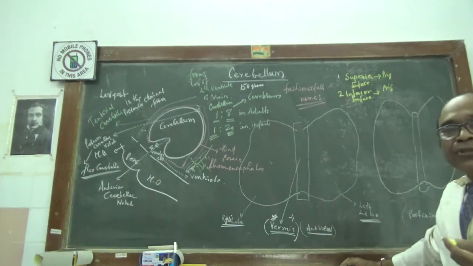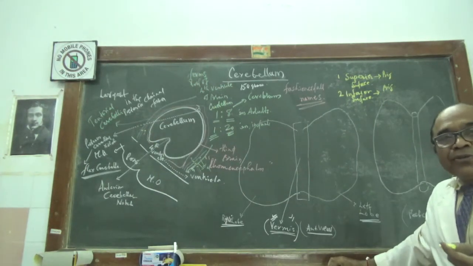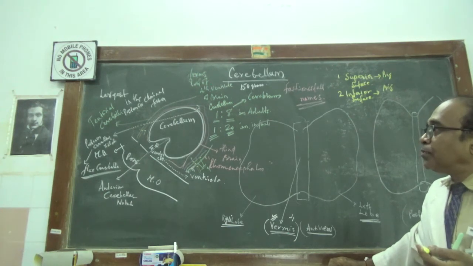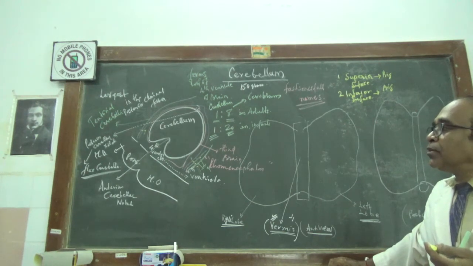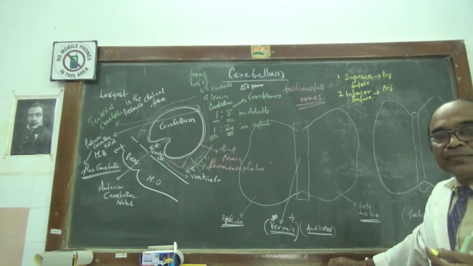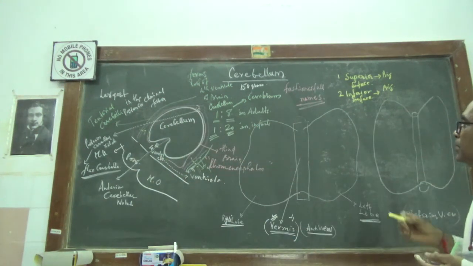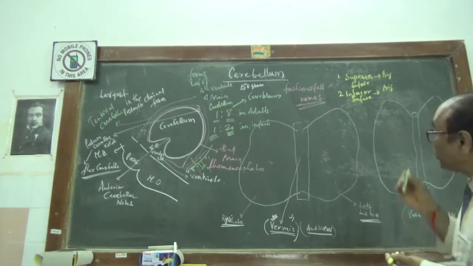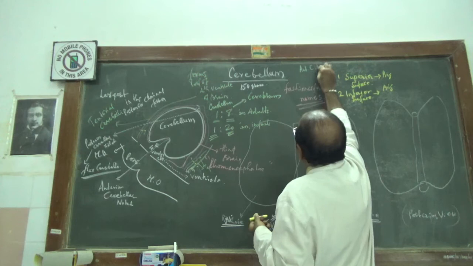Apart from that, you will get the superior medullary velum at this point, which will be in the subarachnoid space. Now these are the surfaces. Then here only you have the anterior cerebellar notch,